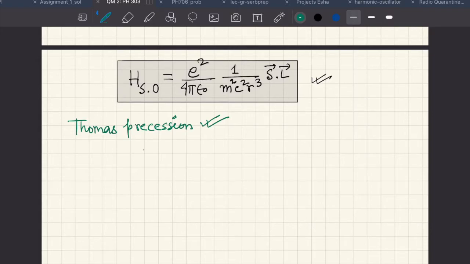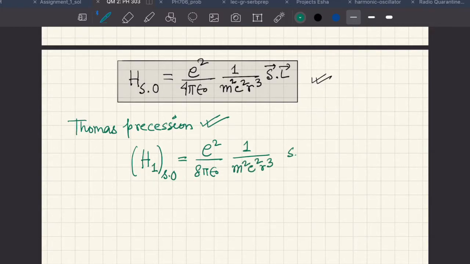So your final H¹, let me write it now with a 1, because this is going to be the final spin-orbit Hamiltonian. So H¹_SO is going to be e²/(8πε₀), instead of 4πε₀, times 1/(m² c² r³) S·L. So this is your